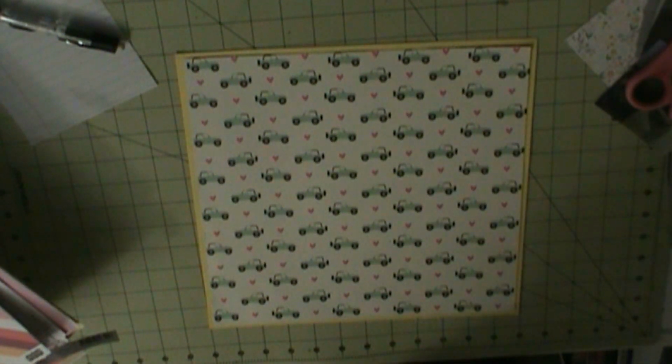Alright, so I'm here with another layout. The yellow cardstock is basil. The other is pollen cardstock. The Jeep pattern is Simple Stories K and Ash called Good Vibes. I didn't know where else I was going to use this Jeep pattern, so it worked out perfectly because I can use it